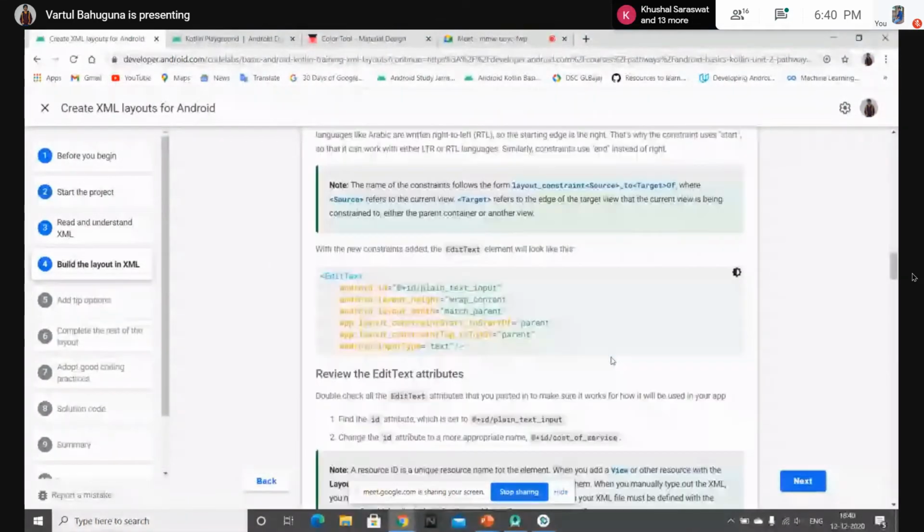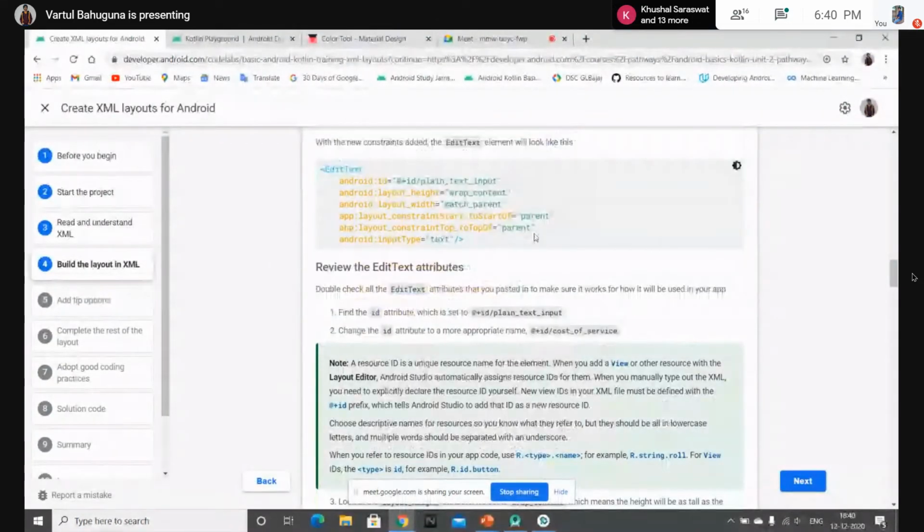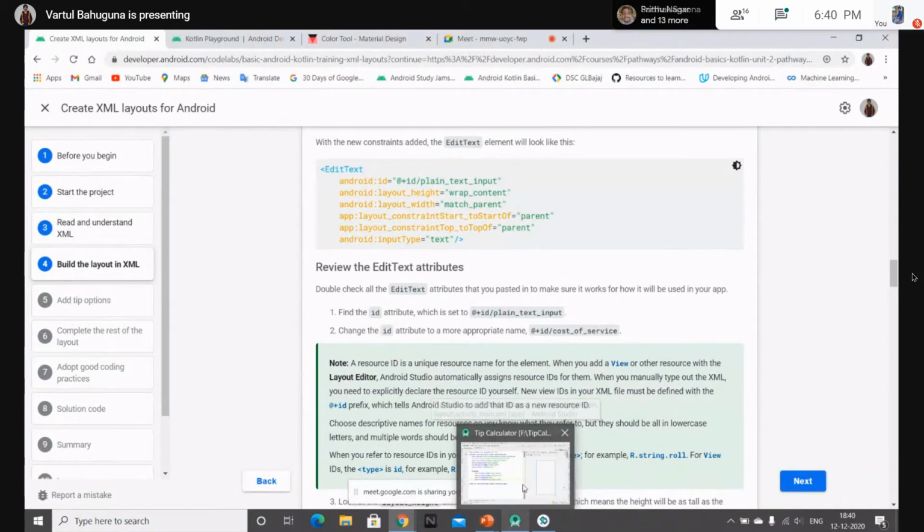So now let's set some constraints. Like here it is set layout constraint start to start of parent and top to top of parent. So you can imagine that it's aligned to the top left of our app.